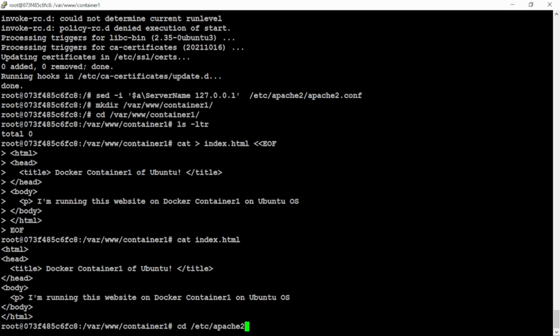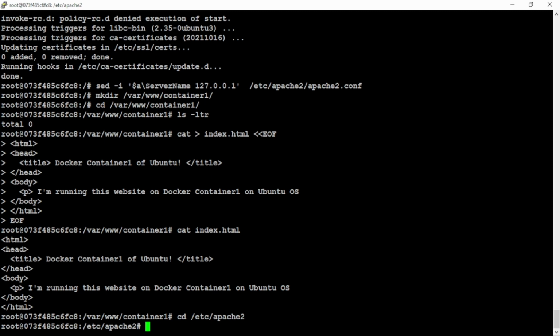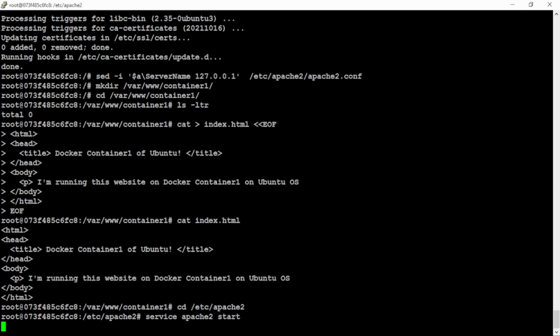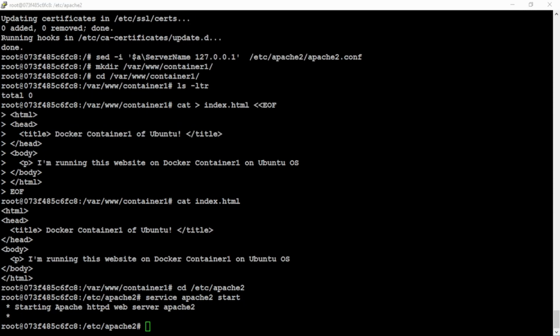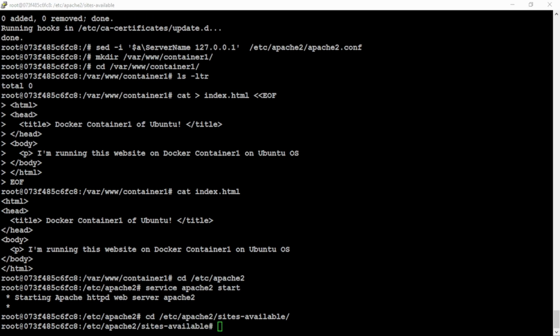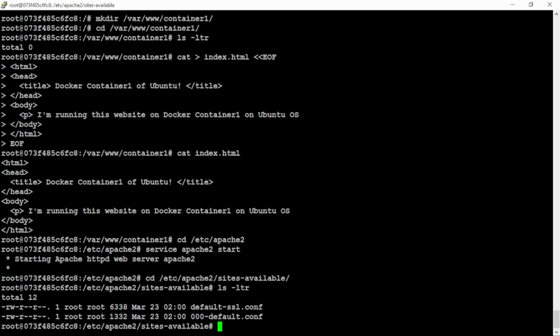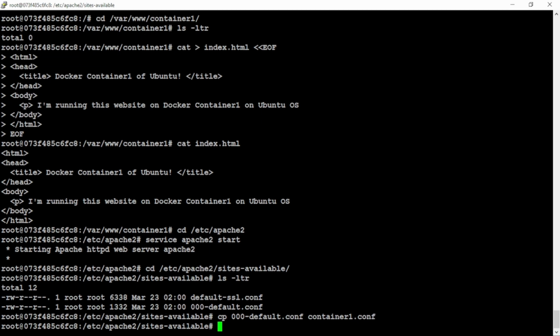Apache configuration file, that is the /etc/apache2/apache2.conf file, and start the service. To start the Apache service, we use service apache2 start, and then go to the virtual site directory, that is the sites-available directory, and then copy the default site. I can show you here that there are two files. So I'm going to copy the 000-default.conf file to enable,